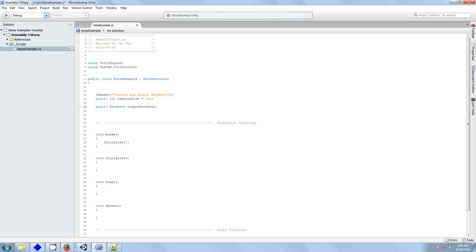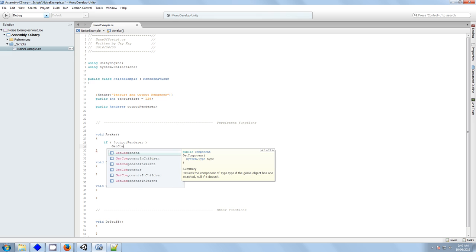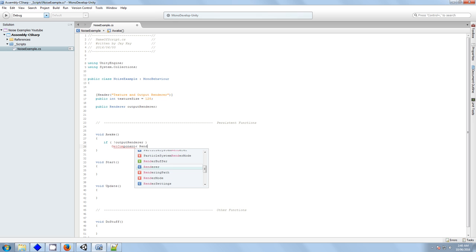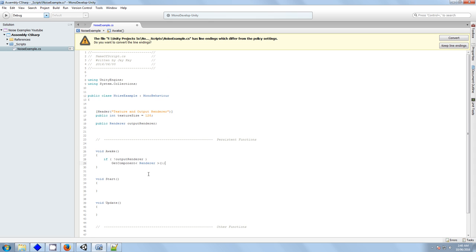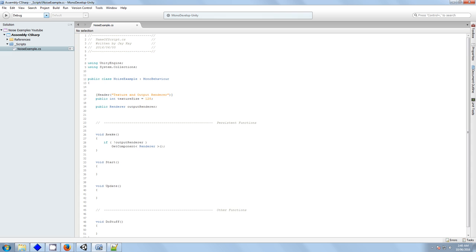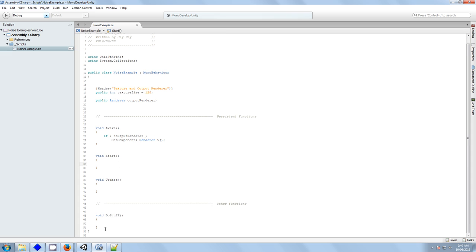Now I'm just going to be using a quad, and I'm going to attach the script to a quad so I can just automatically assign this in Awake. So I'll say if, let's try that again. If there is no output renderer, we'll get component renderer. Okay, so